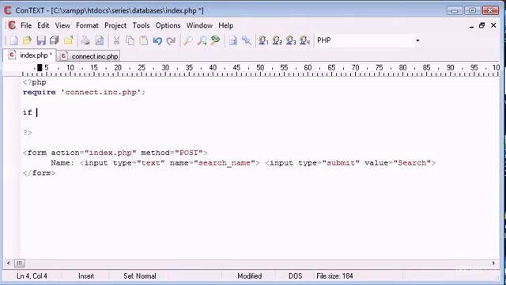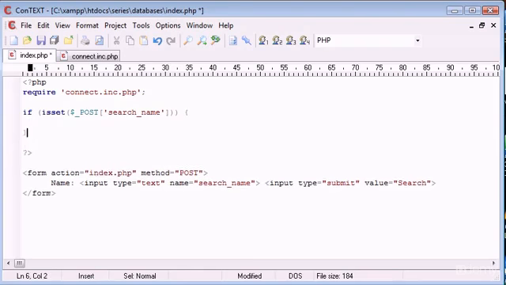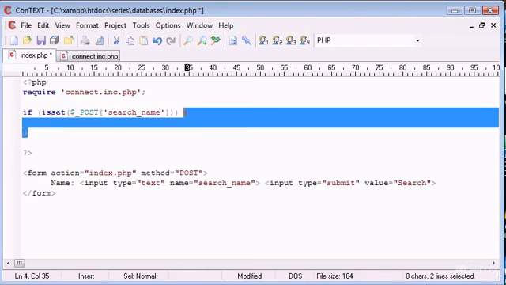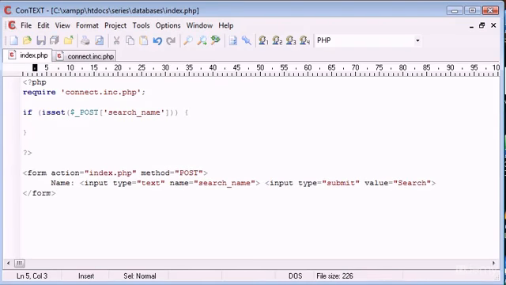So let's go ahead and say if isset $_POST. Remember, we're using post data down here, and we're going to say search name. So we're corresponding this to the name that we've given the element in our HTML document. So if this is true, we're going to run this block, and inside this block we're going to set a variable called